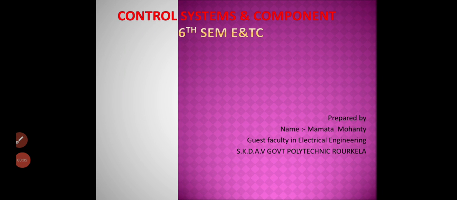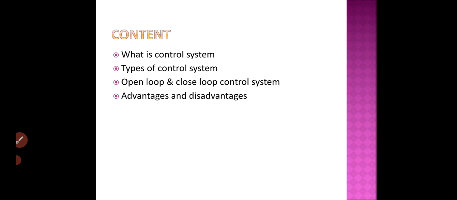Hello students, today we are going to read the subject control system and component. This subject is the first class of the control system and component. In the first class we were going to discuss what is the control system, types of control system, what is open loop and closed loop control system, differentiation between them, and lastly the advantages and disadvantages of a control